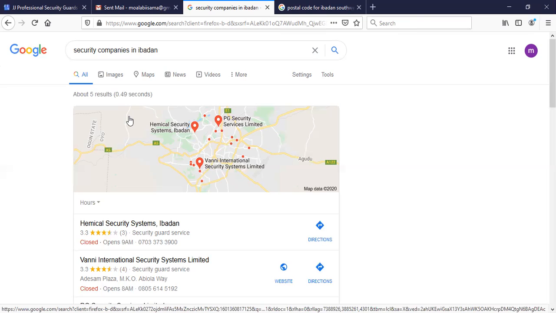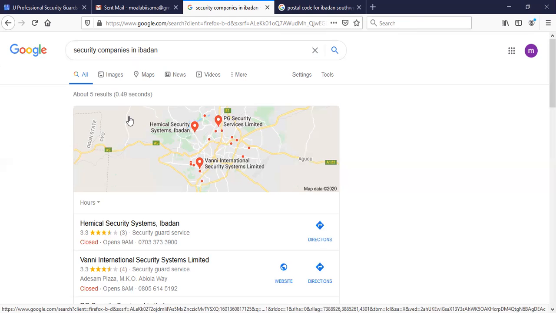Any business you do, just list at least 3 to 4 phrases that you think people will type in on the internet if they are looking for your type of business. So, where to get security guards in Ibadan.